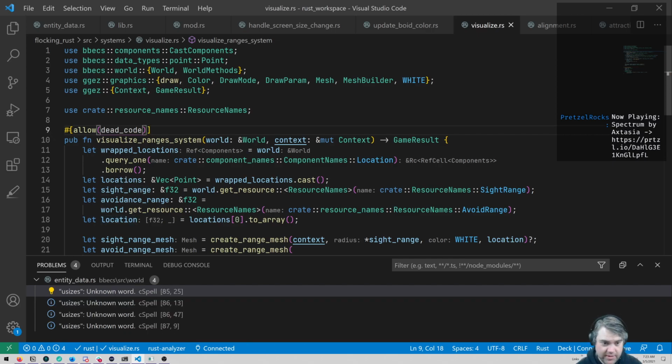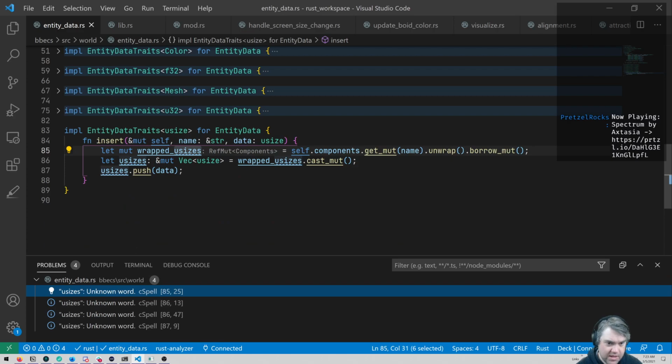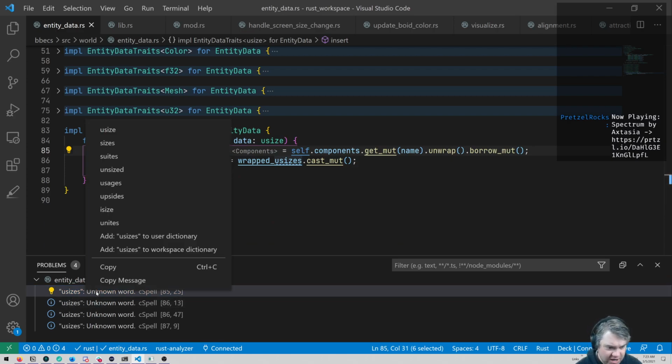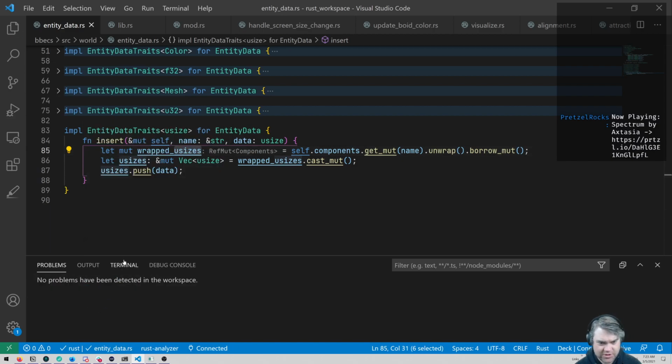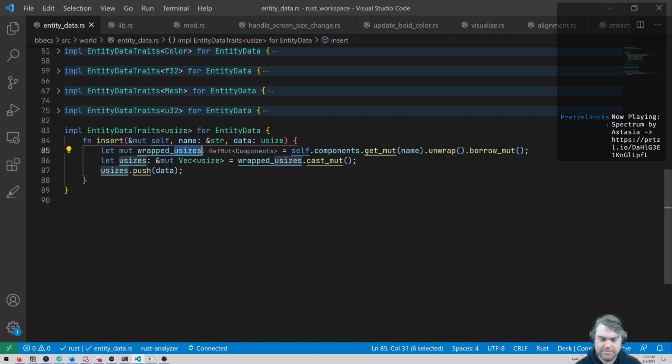That will stop worrying about this. And then my spell checker is saying, hey, unknown word. Yeah, go ahead, that's a real word, sure. There's no errors.